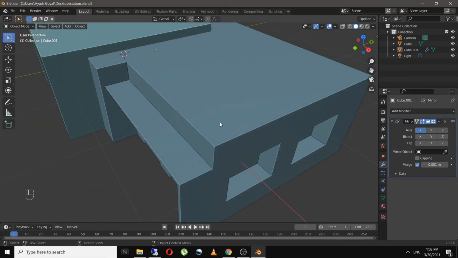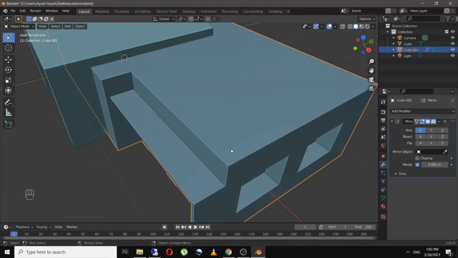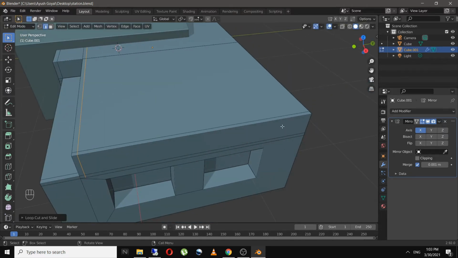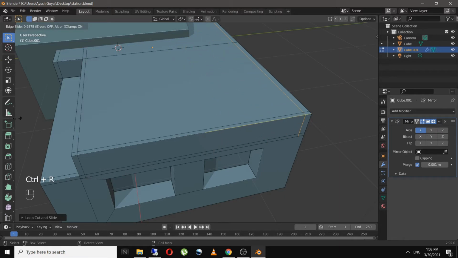So now let's create the boundary at the terrace of the building. So I'll add in a loop cut over here, and I'll add another loop cut over here.